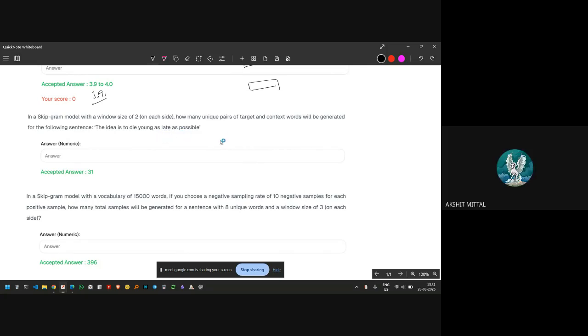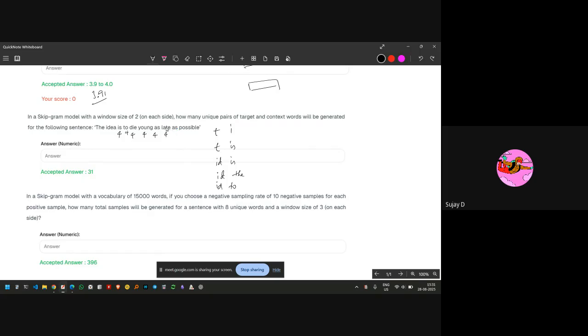Now, target, window size 2. So for "the", it is 2. Next, "idea" is 3, "to" is 4. For "is", also it is 4 only, right? For "to" also 4. For "die" it is 4. For "young" it is 4. For the first "as" it is 4. And for the second,